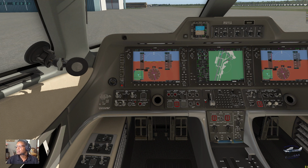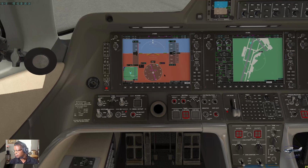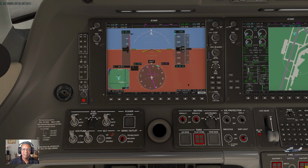Okay, so clearance delivery is 120.95, and I am just gonna go straight to tower, and let's say I've already talked to clearance delivery, and 2462 is the squawk code they gave me. All right, so let's get that in. 2462, and they want me to fly runway heading at or below 4,000 until advised. Okay, and so